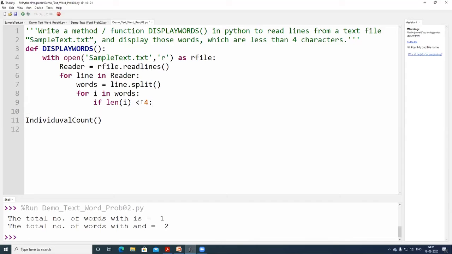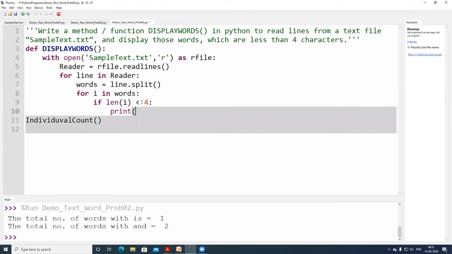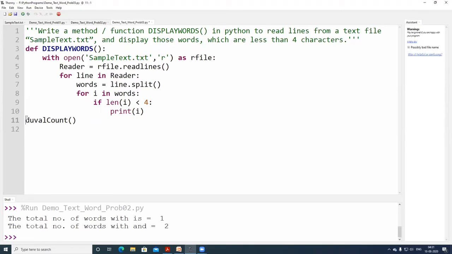So what am I supposed to do? I want to display those things. I just give print i, to print the words that have fewer than 4 characters.